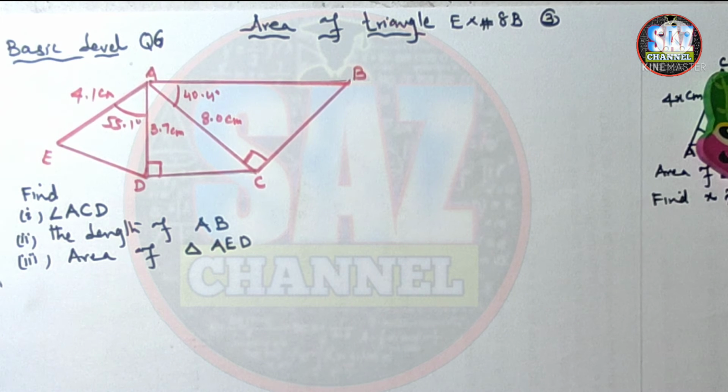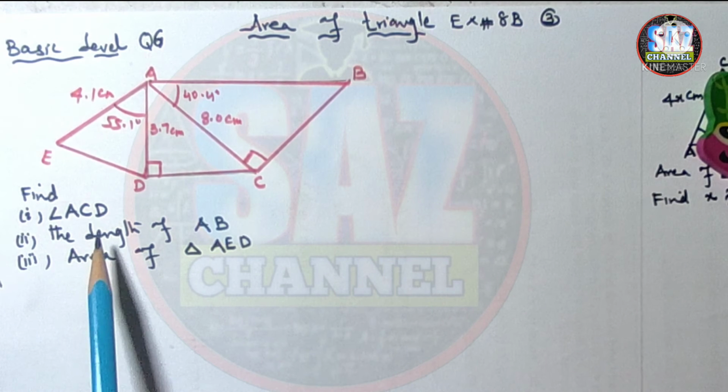This is my third lesson of D3 chapter number 8 exercise 8b, that is about the area of triangle. Students, in this lesson we will be learning how to find area of right triangle and oblique triangle and how to make use of basic trigonometric ratios in order to find the unknown lengths and angles of the right triangles. Let me read the question from the book. As the questions are long, so I've written the question in short form.